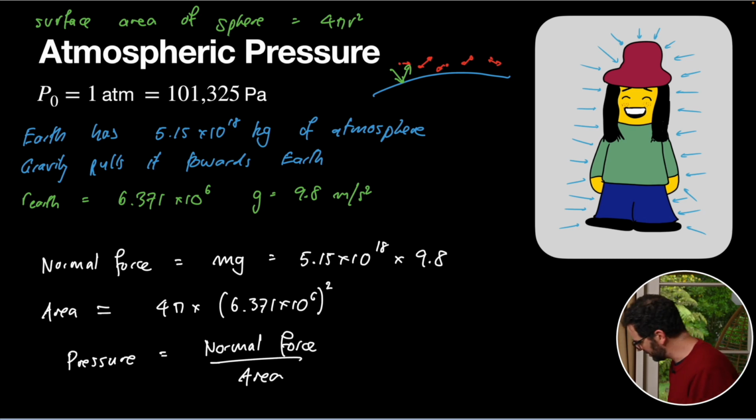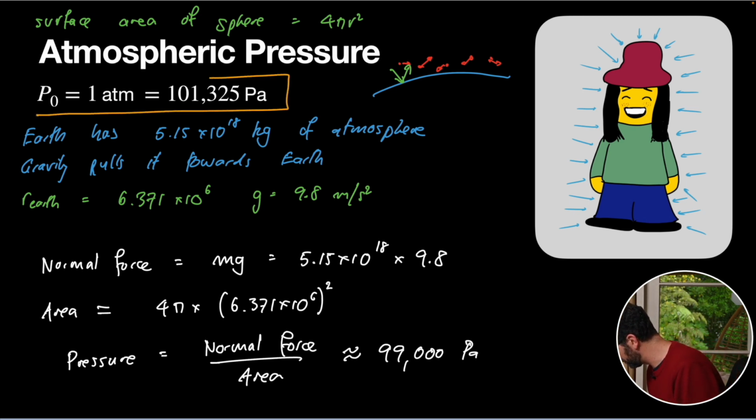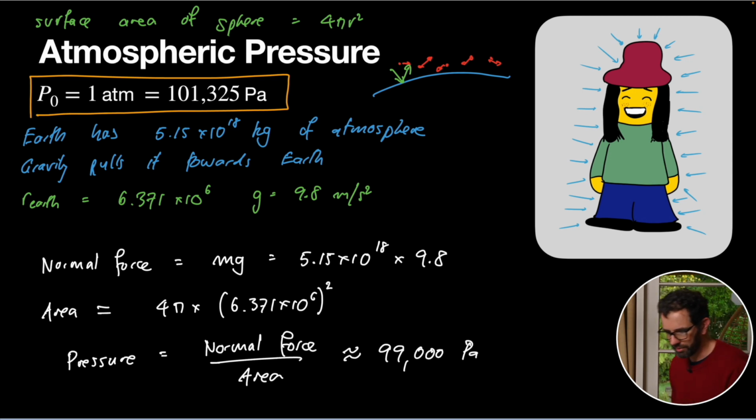And do the calculation, and that gives you around about 99,000 pascals, which is very close to our atmospheric pressure that I mentioned just before. So what does that mean? Well,